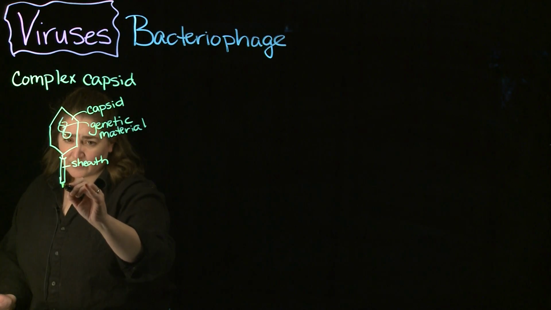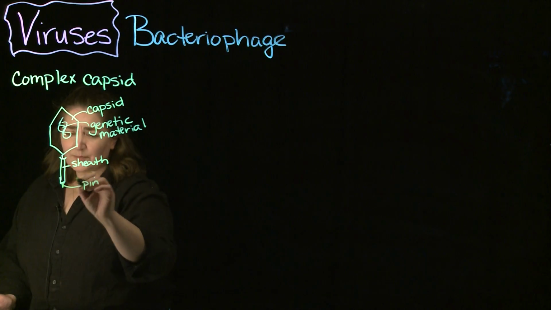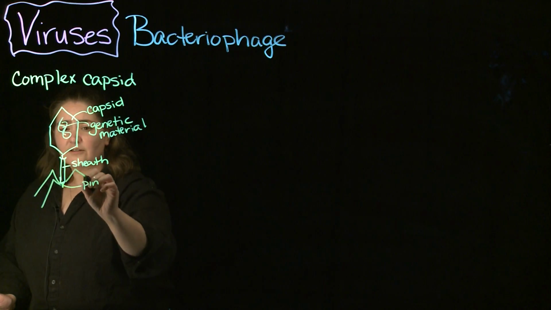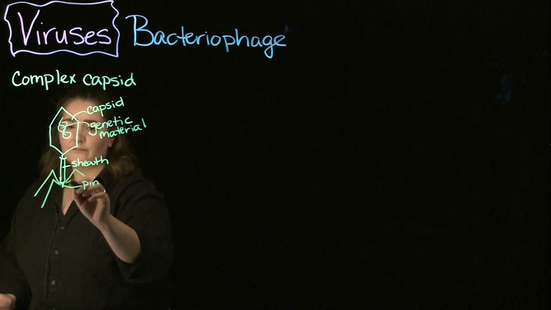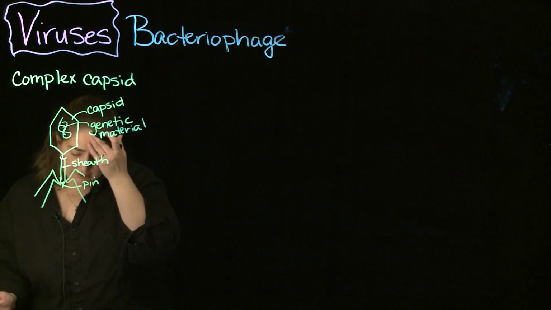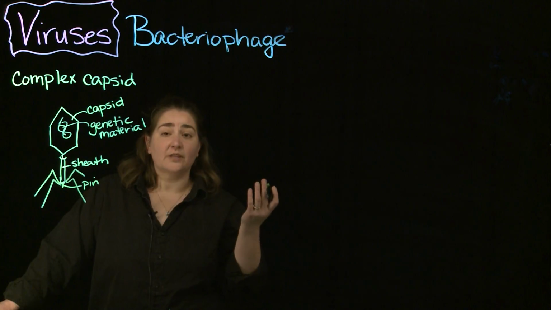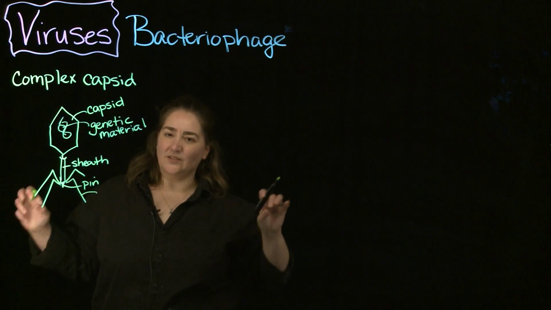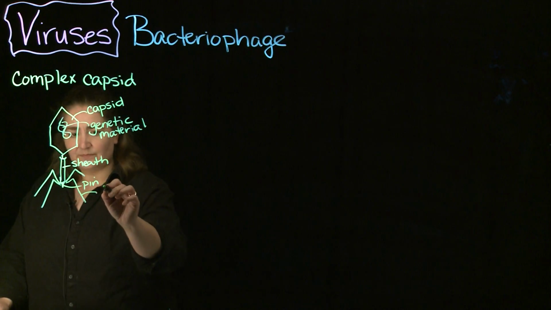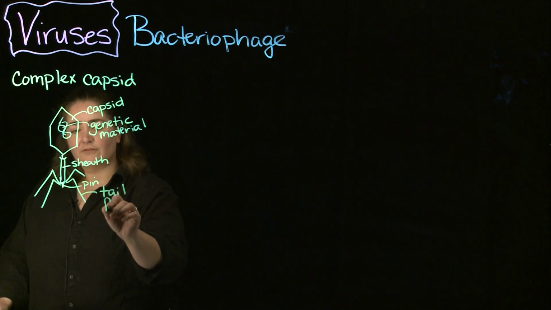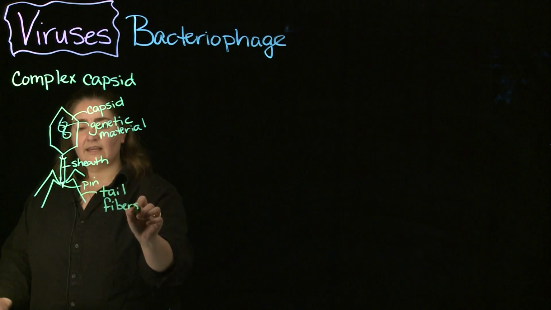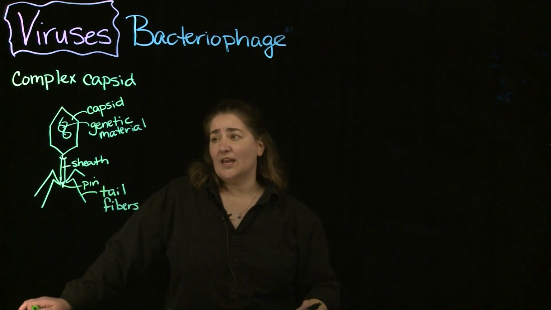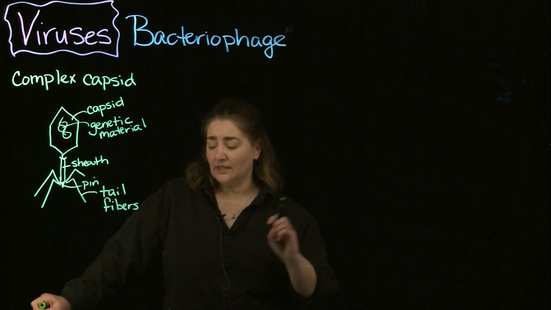You're going to have a pin at the bottom here, and then the bacteriophage to me look like they belong as part of the landing party on a moon mission, because they've got some legs associated with them. These are the tail fibers, and that's essentially what will sit down on our bacteria to inject that genetic material